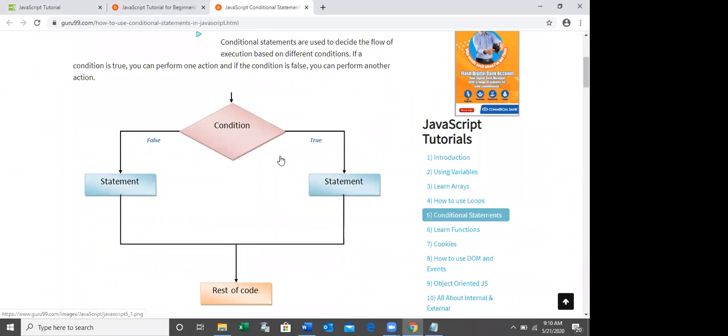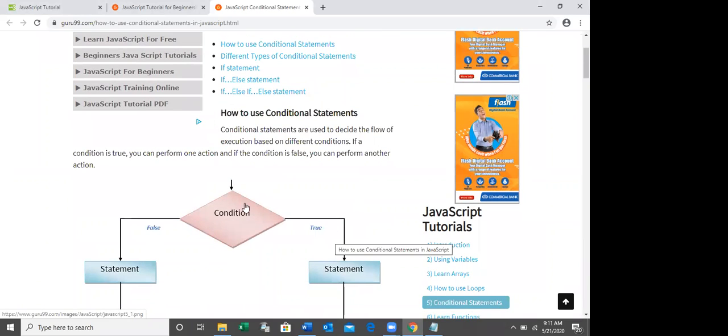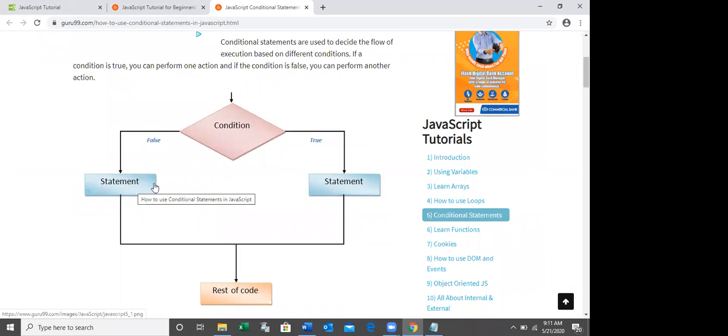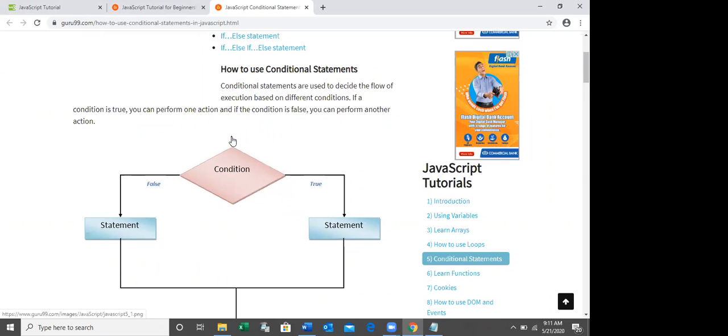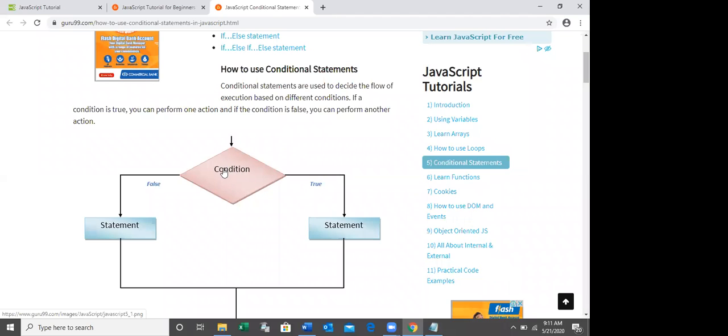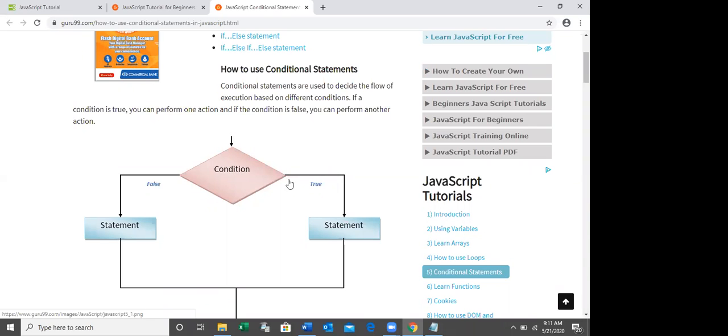See here, this is the example of the if statement. You can see this is the statement and this is the statement. We are going to check the condition. If the condition is true, the statement will be executed.